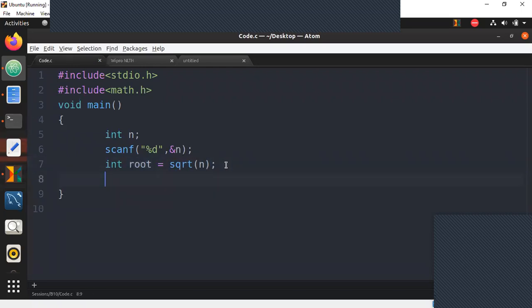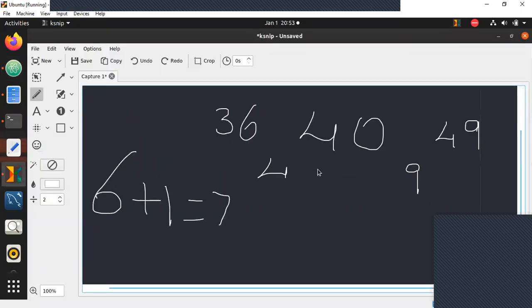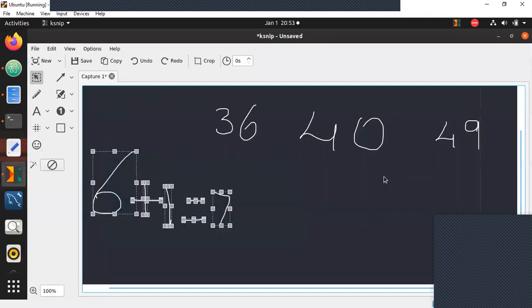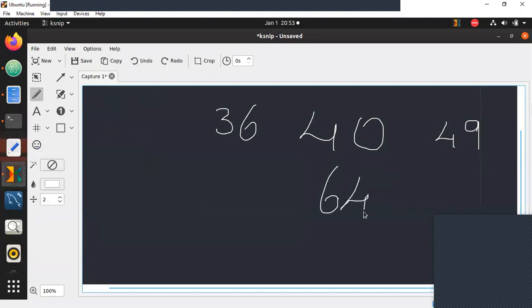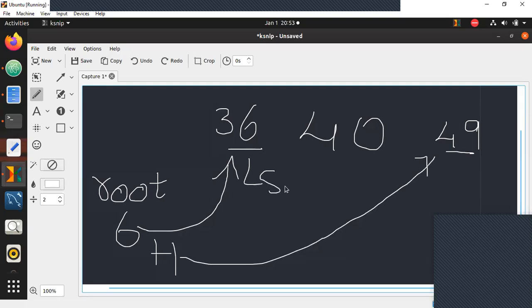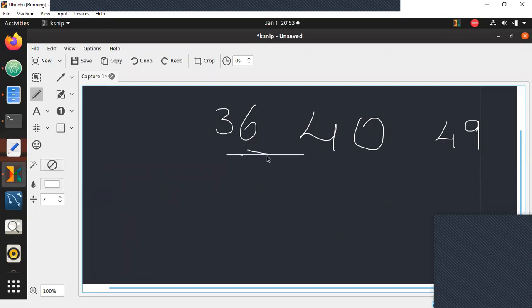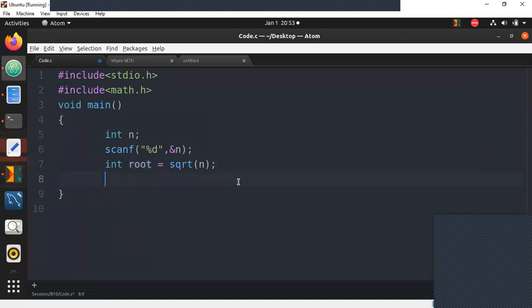After converting it to integer, we need to find the square of this root. If 40 is the input, please observe, guys, the square root of 40 will be something like 6.4. Out of that, only the integer part is taken and stored in the variable root, which will store 6. Now I need to find the square of 6, then the square of 6 plus 1. One will be the lower square, another the upper square. These are the two values I need to find. After finding those two values, I need to find which distance is less. So let us find the lower square and upper square.